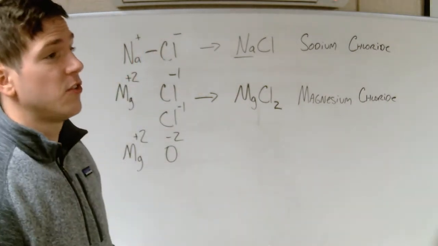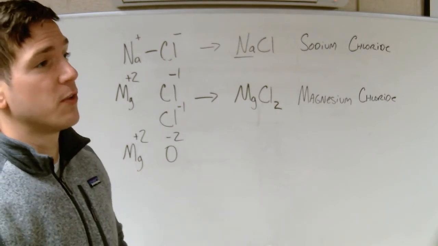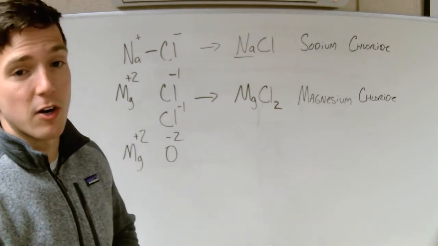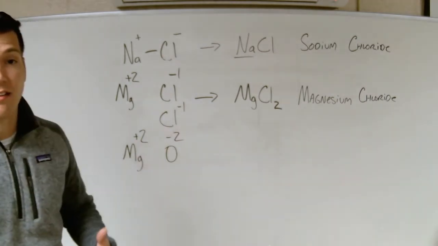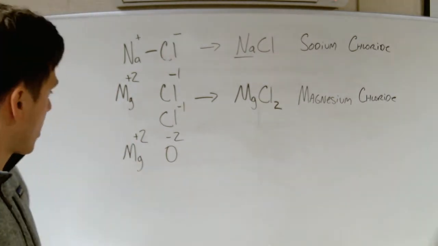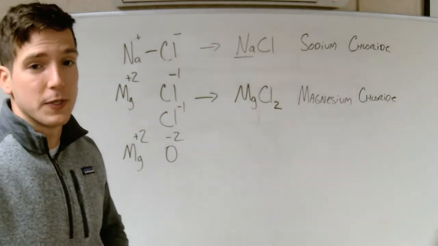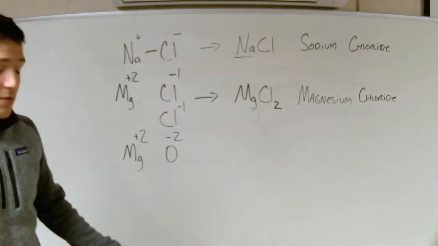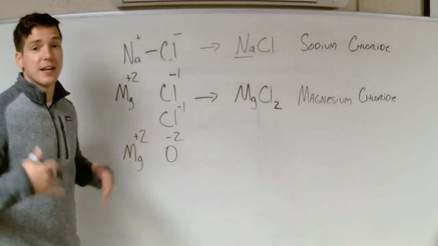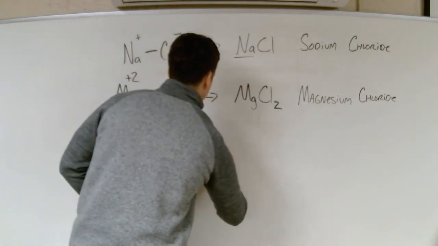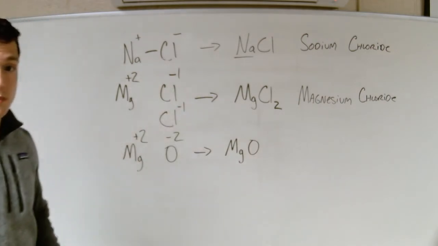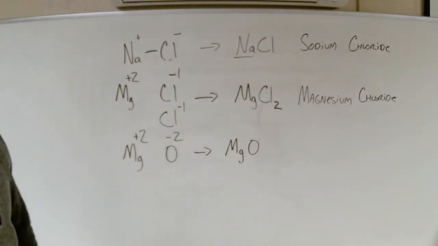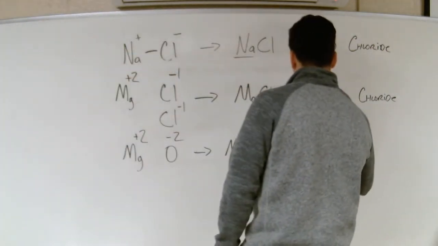It's in that group over to the right. It's a non-metal, but it's in that column that are all -2. If I combine these right now, is the charge going to be neutral? And the answer is yes. It's just fine. +2, -2, they combine, they're going to be neutral. So I can just leave it as MgO, right? MgO is just